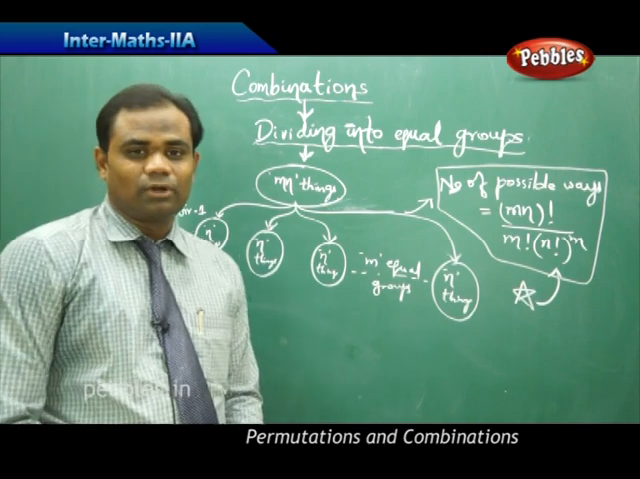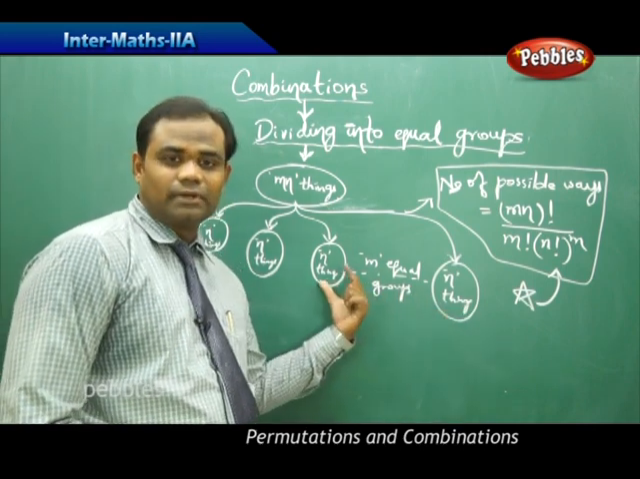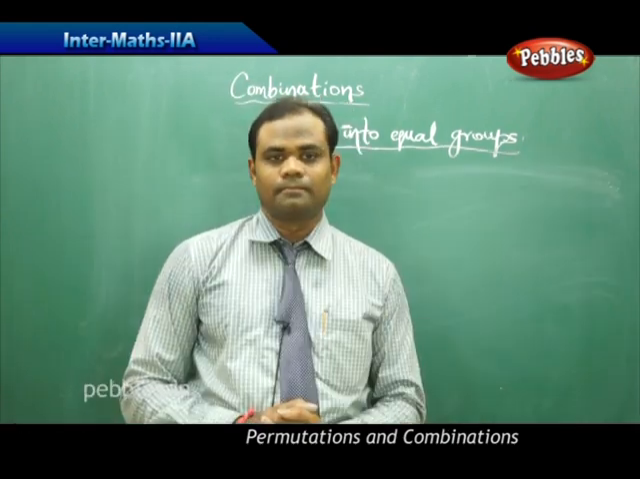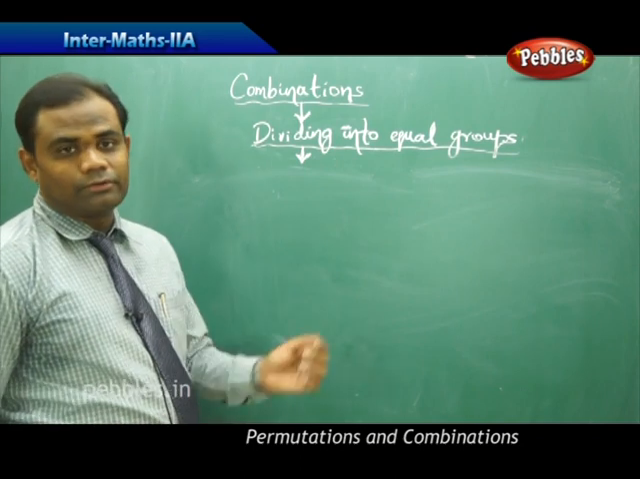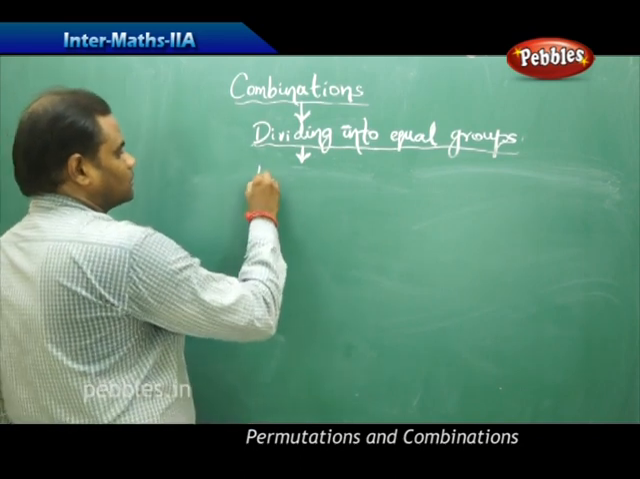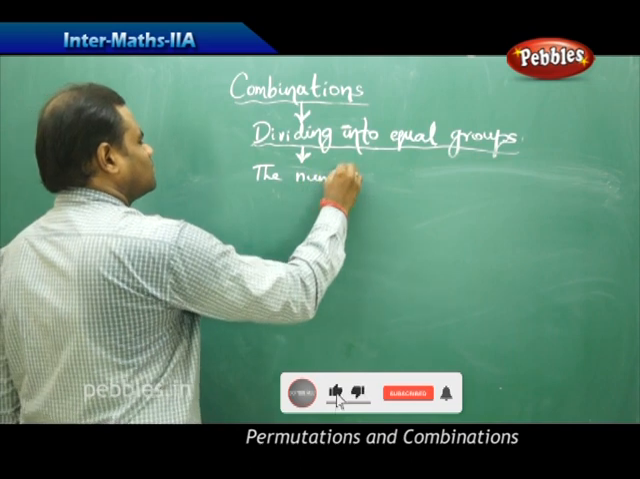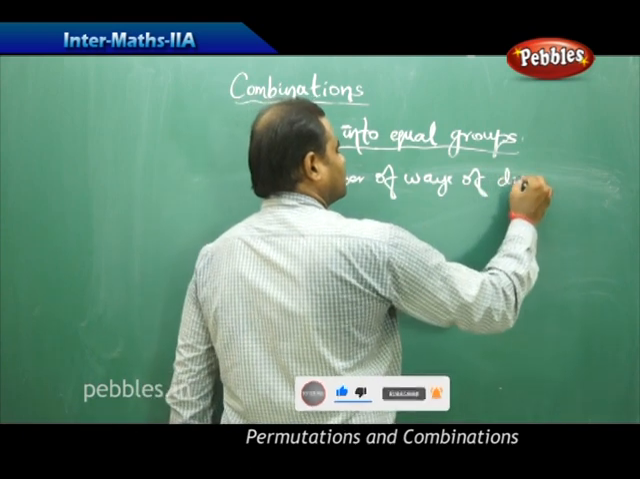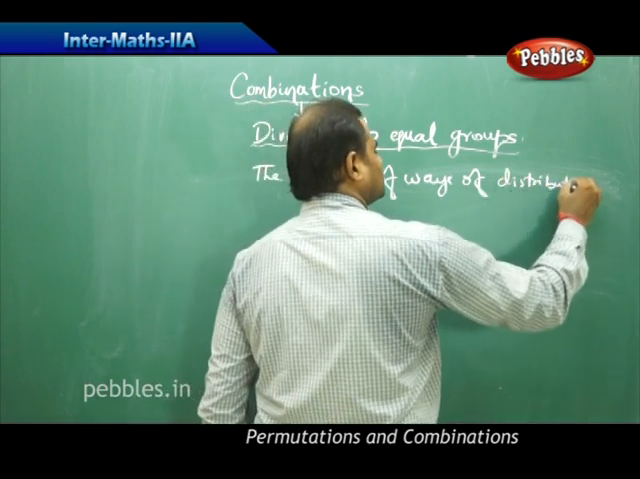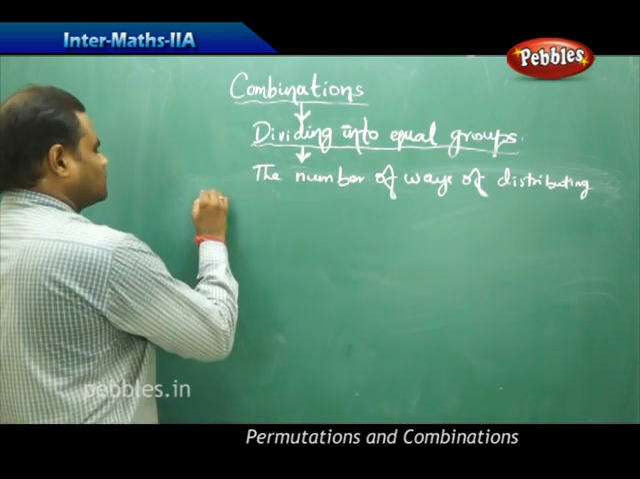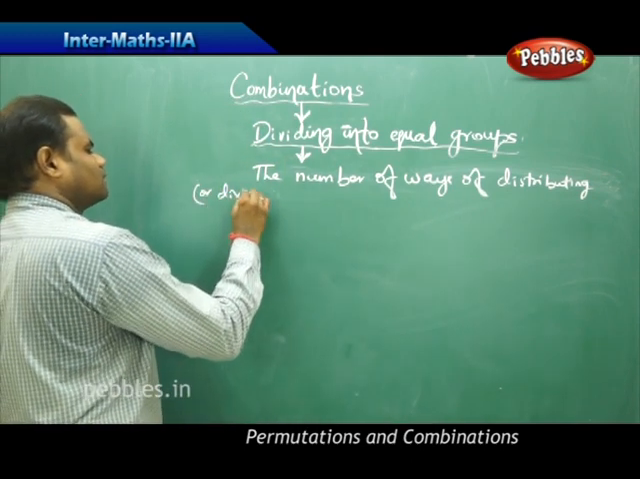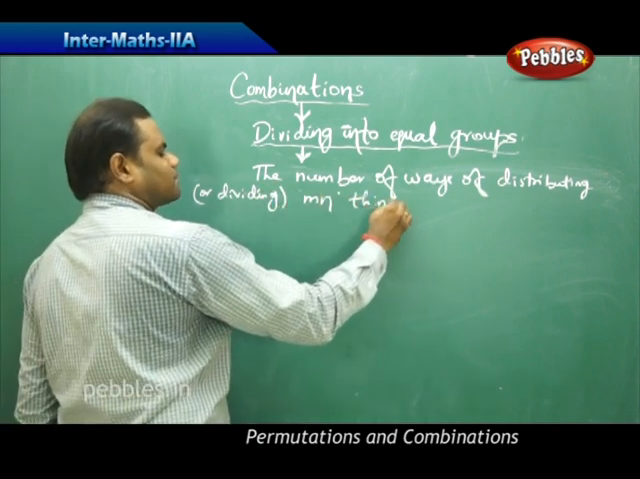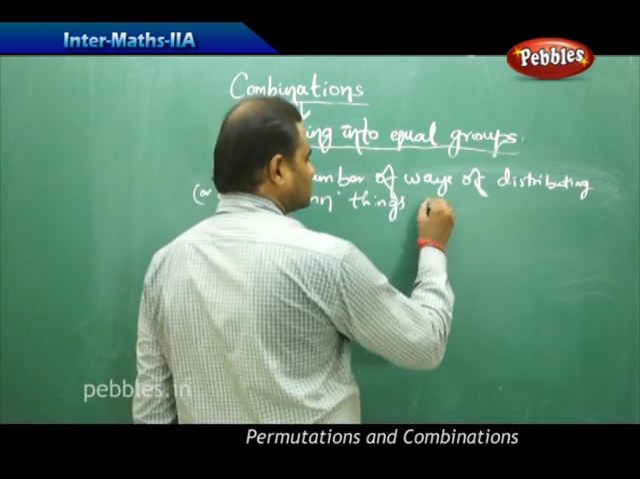So like this, different problems with m groups with each one having n things can also be found using the respective formula. Now next is a slightly modified formula where the number of ways of distributing or dividing mn things equally